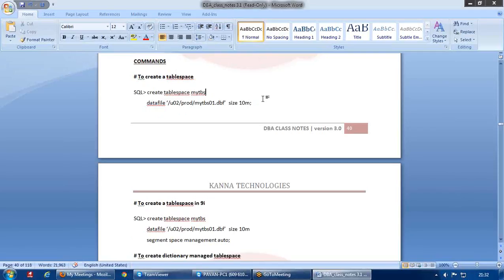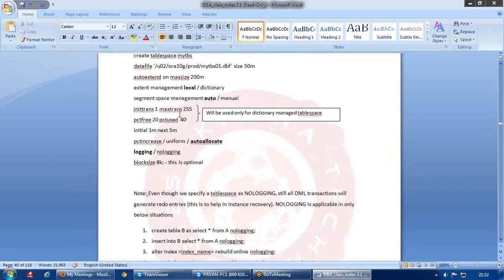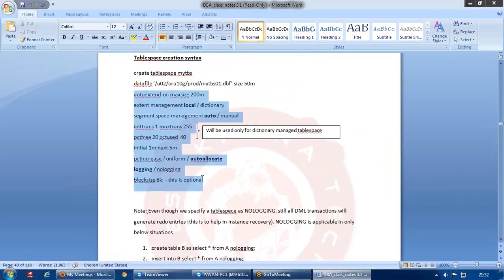Apart from this, we have not specified any other parameters, like auto extend on, then extent management, etc. The reason is, by default there are some values: extent management is local by default, segment space management is auto by default, and because from 9i onwards it is a locally managed table space, we are not using these 4 parameters. And even if it is a locally managed table space, we don't require initial and next,